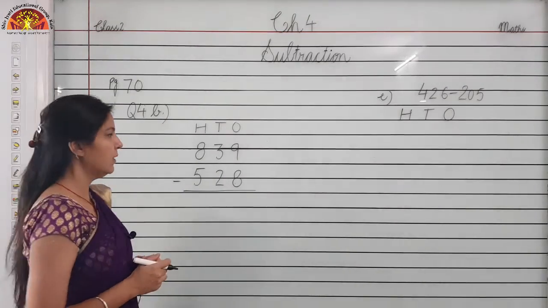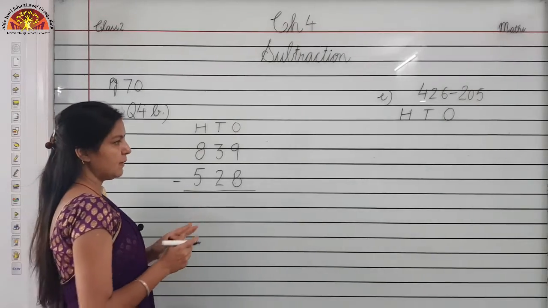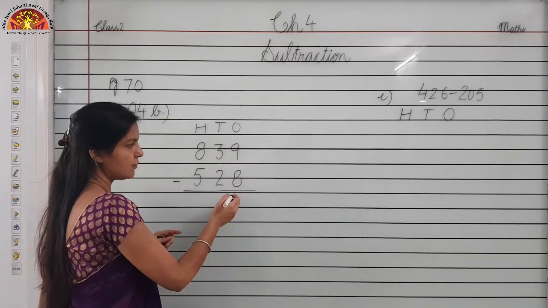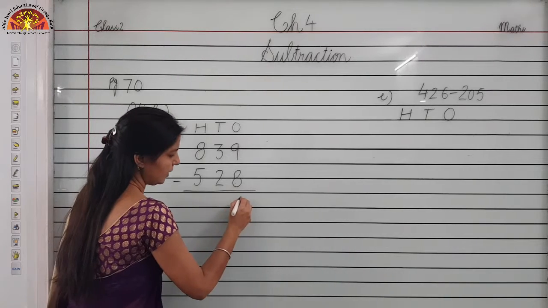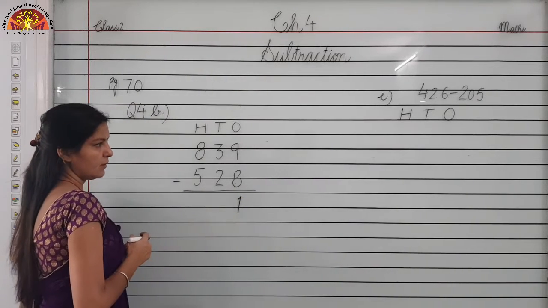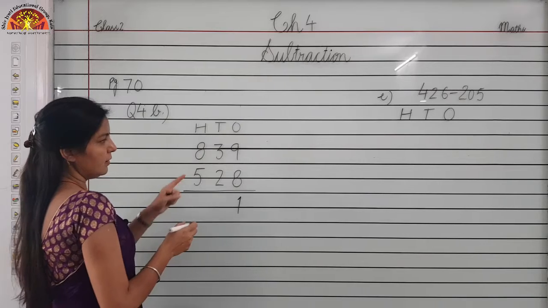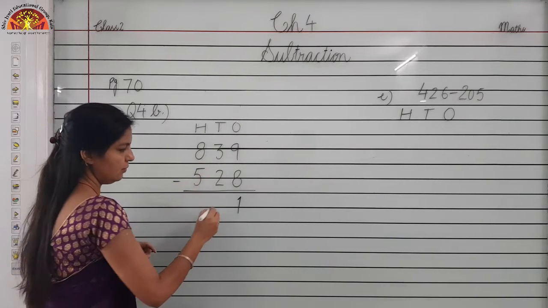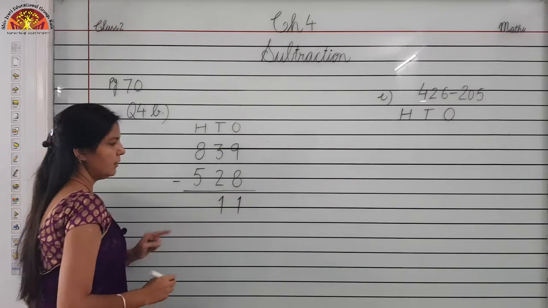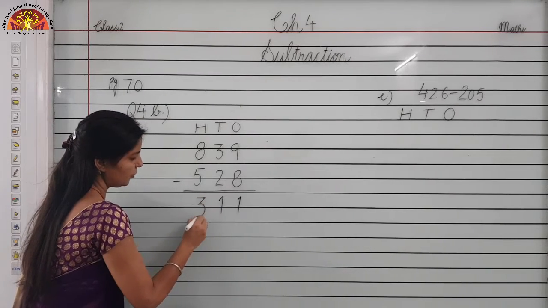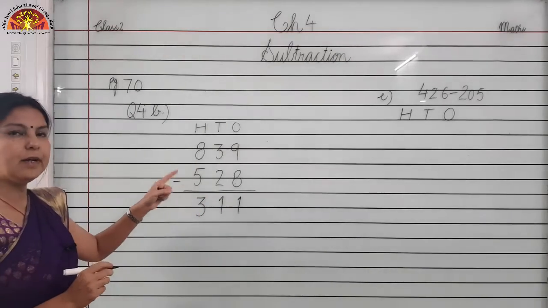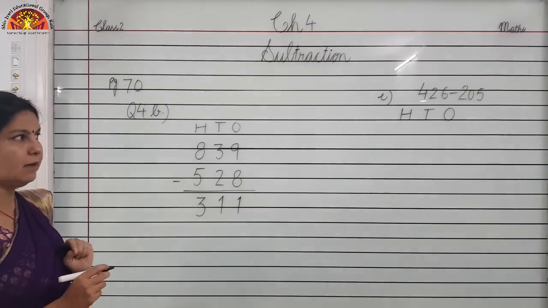How we will subtract? We will subtract first of all ones place. These are 9 and 8. So we will subtract 8 from 9. We will get 1 after counting the numbers. 3 minus 2 is equal to again 1. Now 8 minus 5 is 3. Here you will start counting after 5 and you will stop where 8 is coming in our finger.